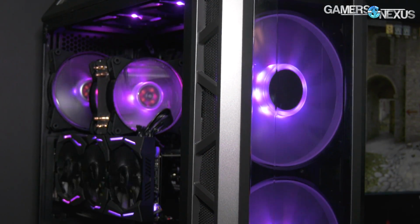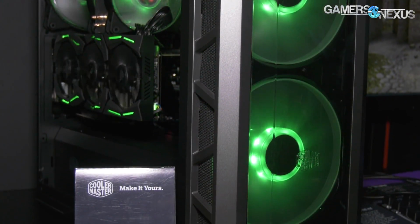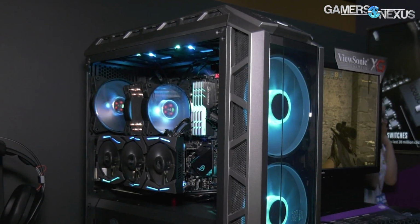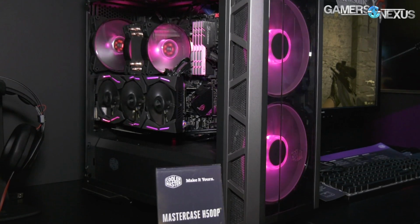They've got the big clear acrylic window or whatever it is. I think there's tempered glass on one side. So they've got a lot of the design elements that people want, or at least that the industry's trending in. What's the price on it? I think it's supposed to be $150. So that's where it's like...